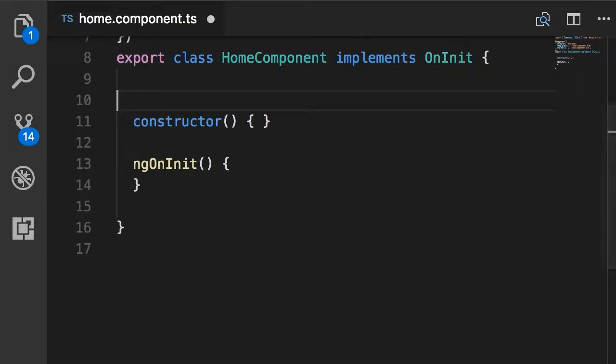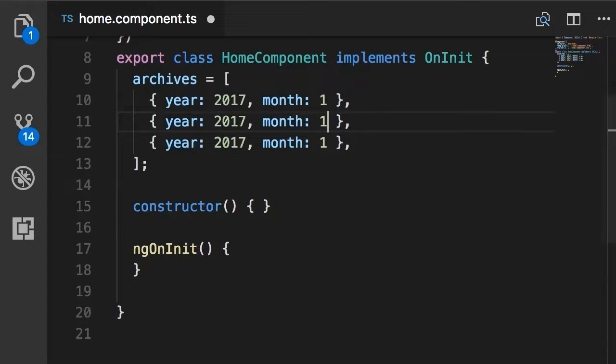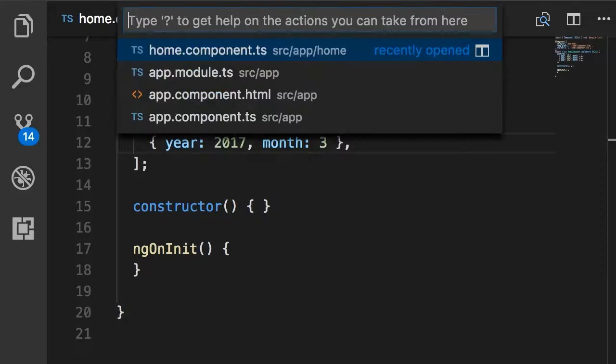Here I'm going to define a field, archives, and set it to an array of objects. Each object should have 2 properties, year and month. Let's duplicate this, change the months, okay? And then let's go to home.html